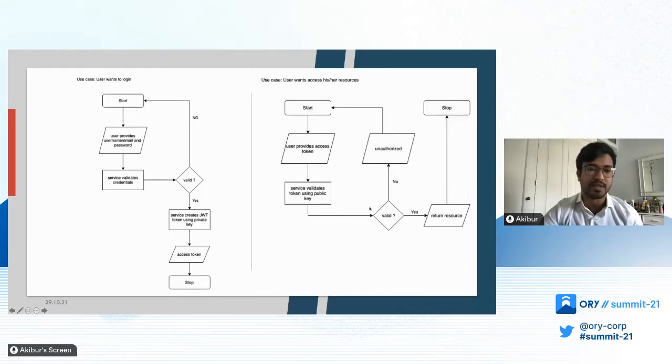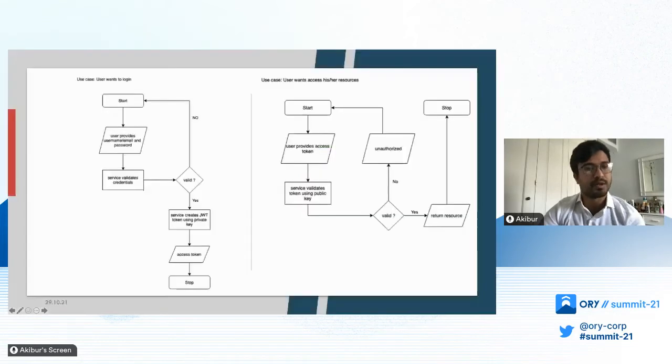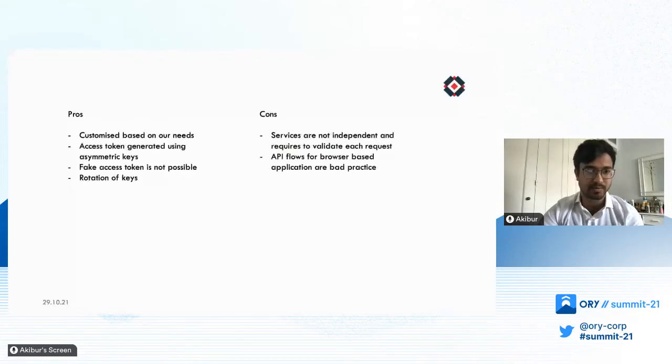And that was basically the overall flow of our whole system. So as you can see from the diagram, all the backend services, the microservices, had their own public key to check if the token is a valid one. So to talk about the pros and cons,